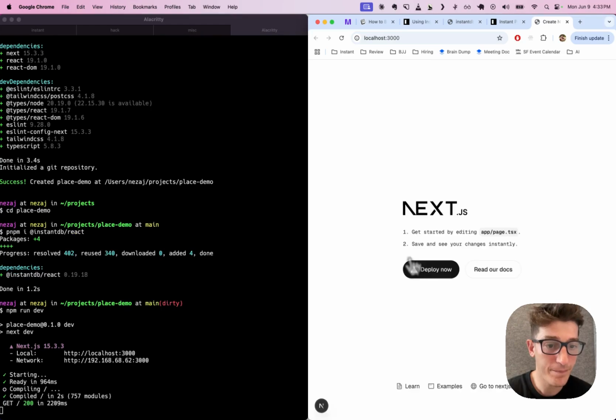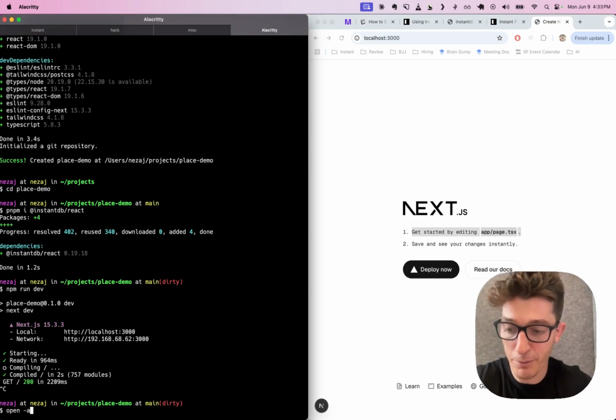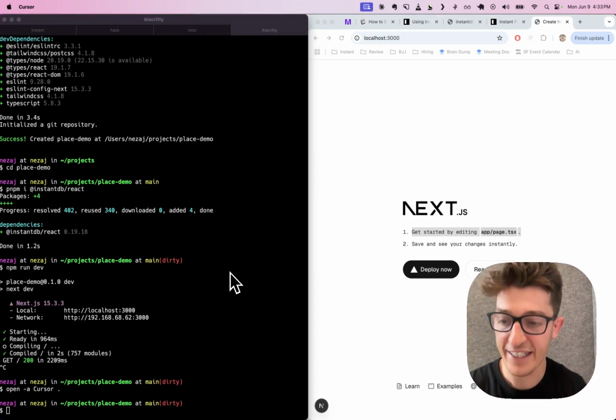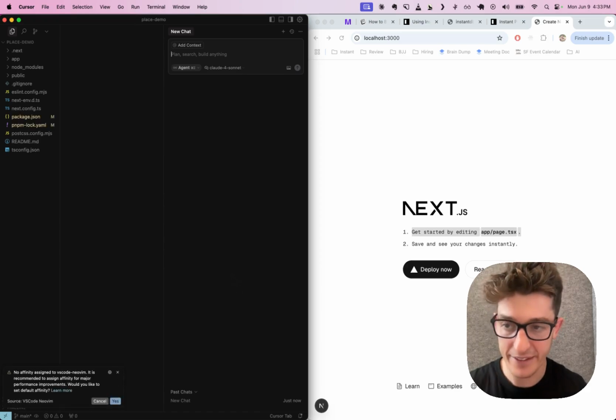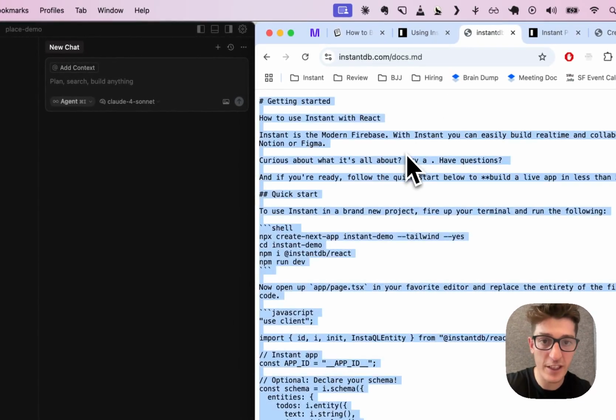We open it up, and fantastic. We see the normal Next.js page. All right, let's start diving into the magic. So I'm going to open up Cursor in this directory. Great. Now, the first thing I'm going to do here is actually give Cursor just a little bit of context